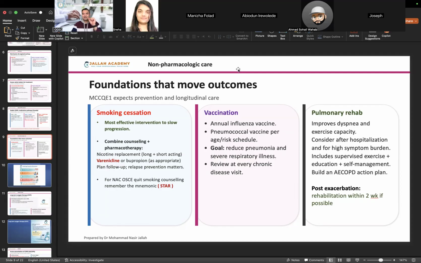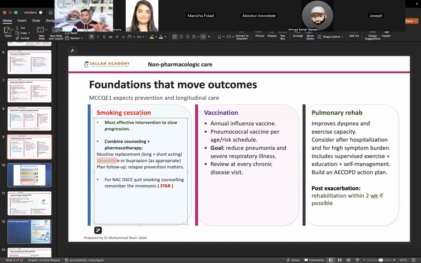And you might get two different questions. What is the best first treatment for smoking cessation? It will be nicotine. If they're asking you what is the best choice, it will be Chantix or Varenicline. Okay, pay attention to the wording. If they're asking you what's the best first treatment or pharmacological treatment of smoking cessation, it's always nicotine. If they're asking you the best choice, it will be Varenicline or Chantix.